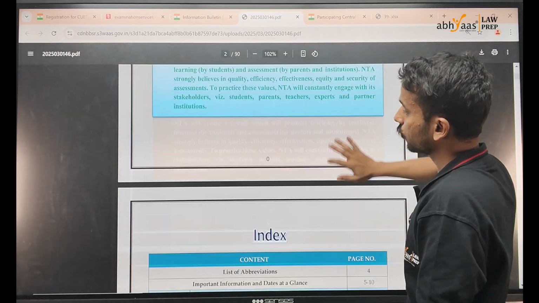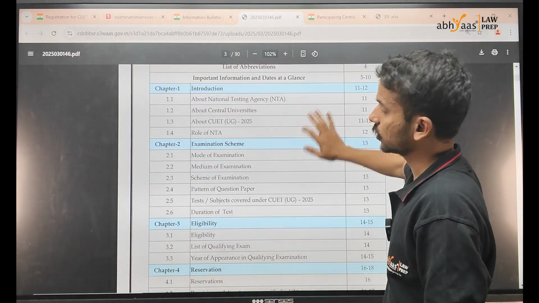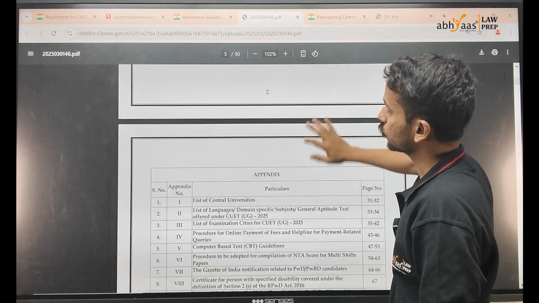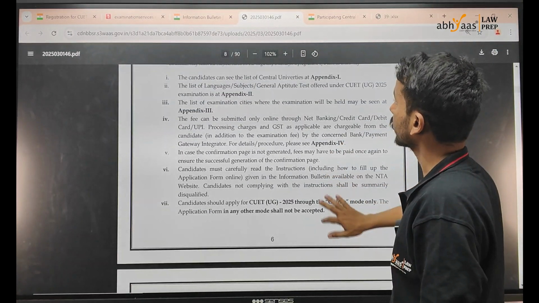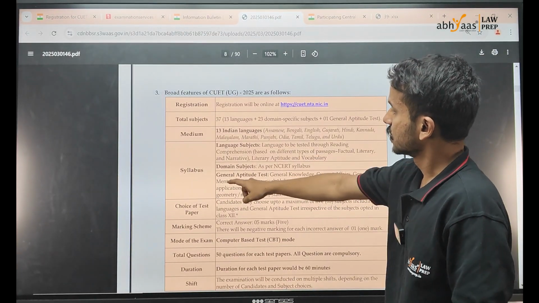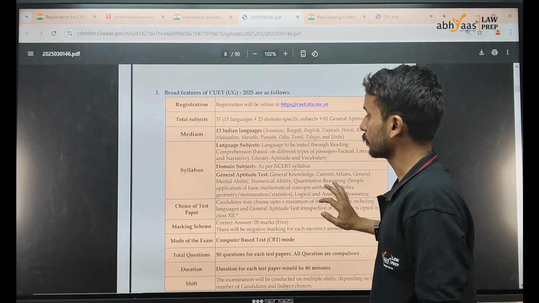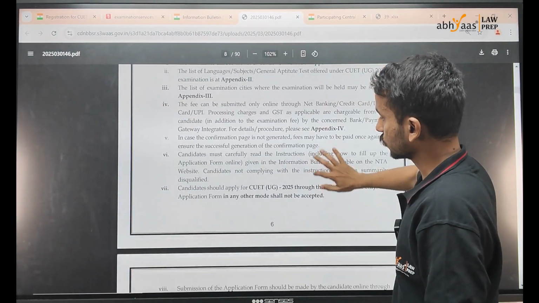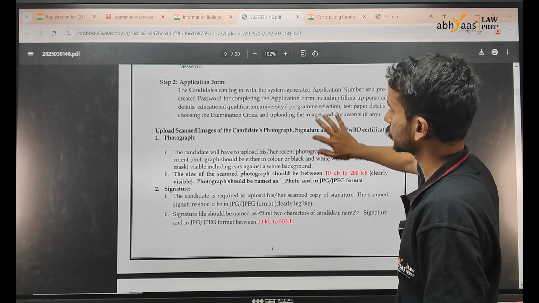Now for the first three, that is, if you're giving one domain specific subject and the two others, in that case you will have to pay 3,000 as your fee. But suppose you are giving extra domain specific subjects. Here you can see the syllabus is given at the end: domain, language and general aptitude. Now as I've told you, we were talking about fees. It's going to be 3,000